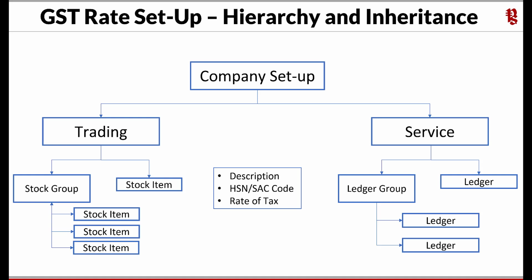Once the masters are set up, while passing the transaction, for calculation of GST, TallyPrime will walk the reverse path. That is, it will look for any rate that has been specified during the transaction for computing GST. If no rates are specified during the transaction, TallyPrime will look for any rate specified in the ledger. And if there is no rate specified in the ledger, it will move on to the accounting group. If no rates are specified, it will look for the rate at the stock item level. If no rates are specified, it will go back to the stock group, and finally it will go to the company setup where the rate is set up